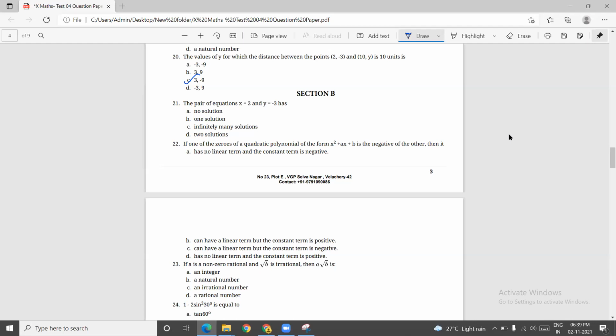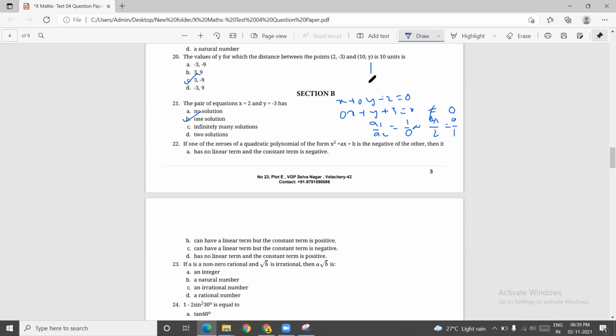One solution, sir. What is the answer for the question? Either this is like x plus 0y plus minus 2 is equal to 0. This will be 0x plus y plus 3 is equal to 0. So a1 by a2 is 1 by 0, b1 by b2 is 0 by 1. This is infinity, this is 0. Both are not equal. So it is having only one solution.